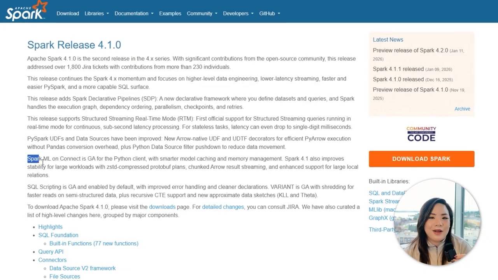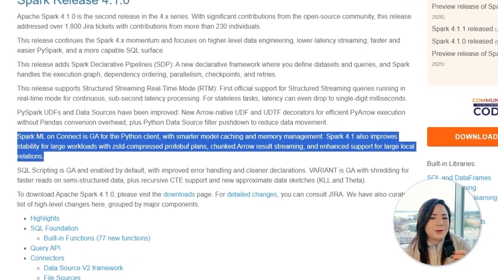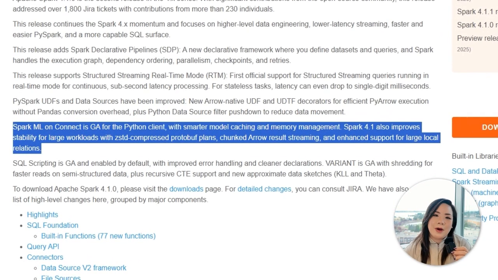Now, moving on into Spark Connect. Spark Connect has been around for a little minute now, and Spark ML has now joined that family. So Spark ML is now available in Python clients for Spark Connect, which allows you to leverage things like model caching and memory management, all of these different things that will allow you to leverage, again, that Python AI ecosystem